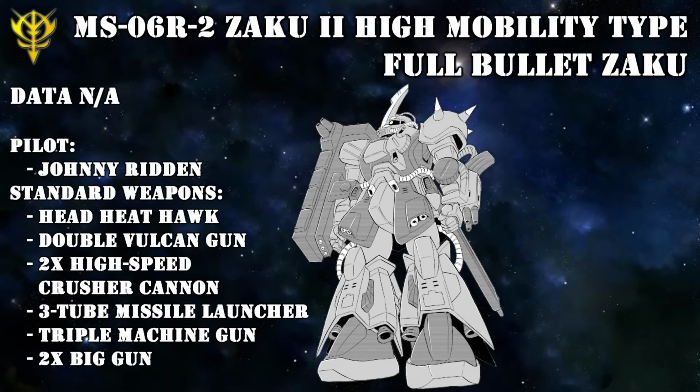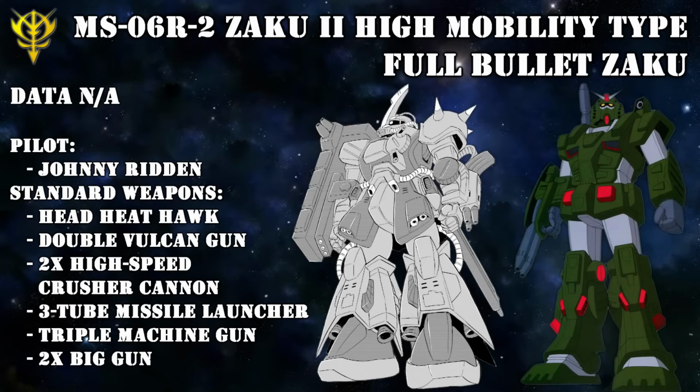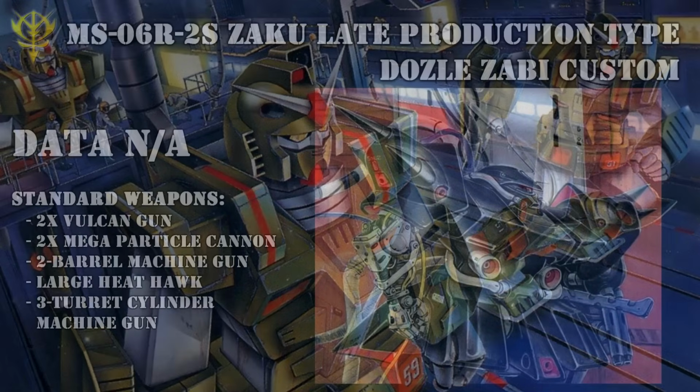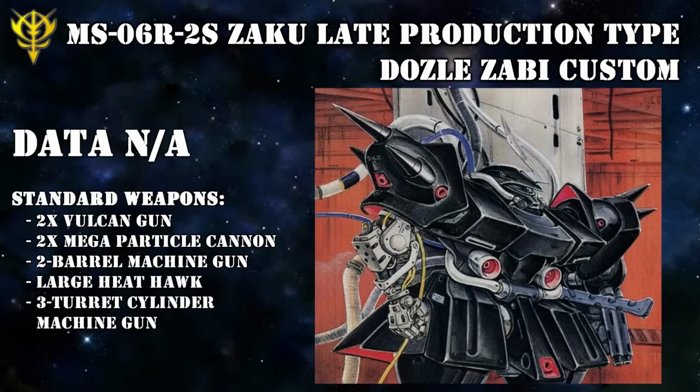And supposedly, Johnny Ryden would use his machine after his Gelgoog high mobility type was damaged, and would manage to take out the full armored Gundam that it was designed to defeat. Which, by the way, is another mobile suit with a questionable existence. And the next unconfirmed machine was the